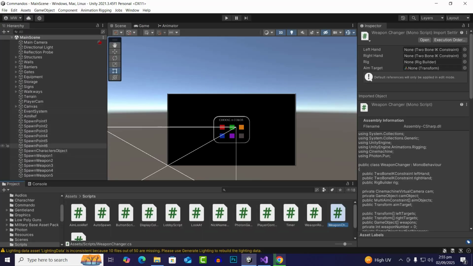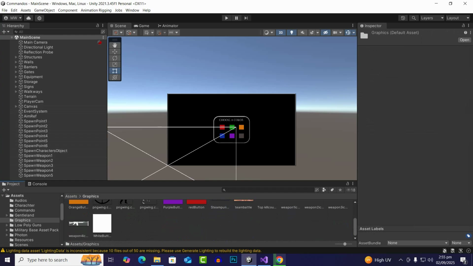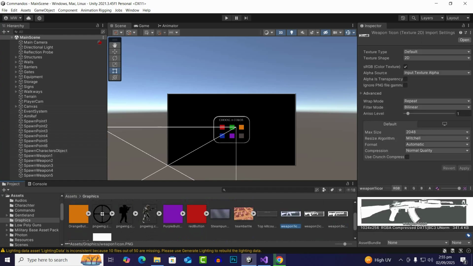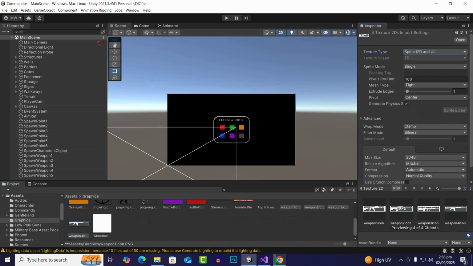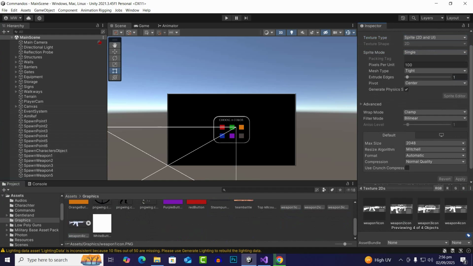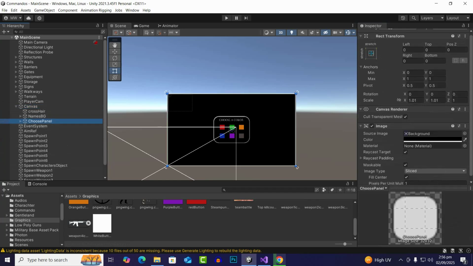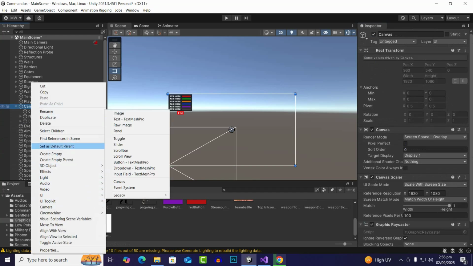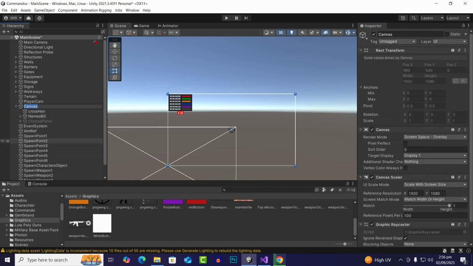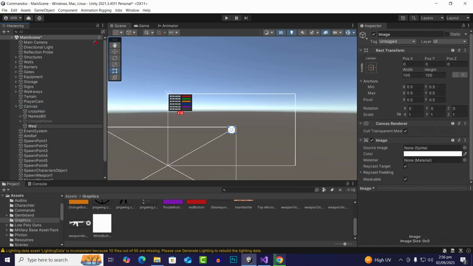One more important thing is that now we will add the weapon, so you need the icons for the weapon. I have created these 4 icons, and we will select these icons and convert them to Sprite 2D. Now we'll go to the canvas and choose panel. Let's uncheck it, and now we can create an image maybe. So let's go here, add an image, and we can name it weapon